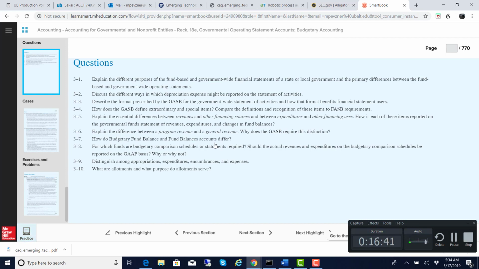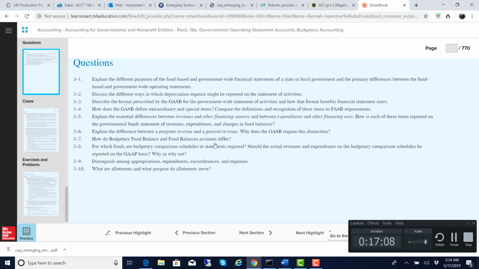So, you have the estimated revenues and expenditures, and then you have corresponding revenue and appropriation accounts. And you want to essentially compare them over time to make sure that, in particular, your expenditures don't exceed appropriations. Any government would like actual revenues to exceed estimated revenues.